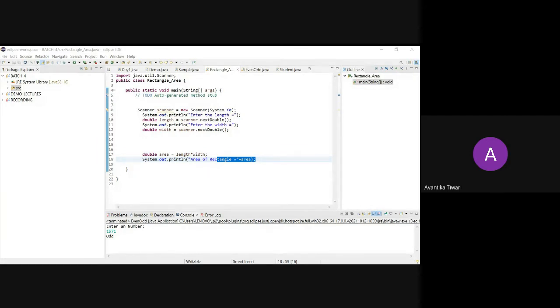How many categories do we have? We have 3 categories. Number 1 is selection statements.